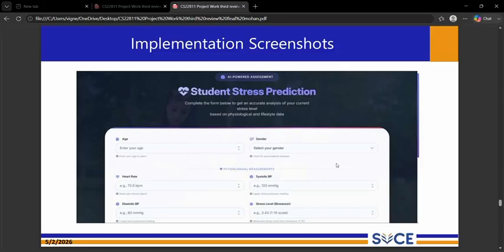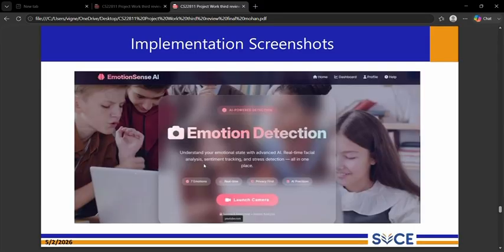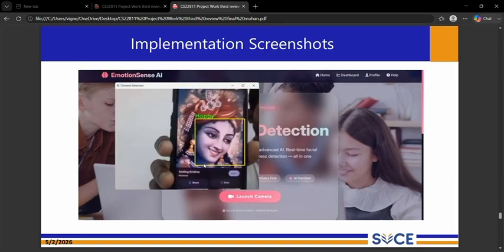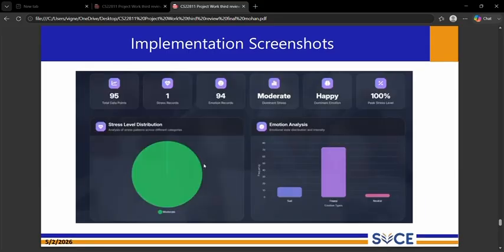It will require some behavioral data about yourself. After launching the camera, your face is detected, and it provides the final state, the stress levels of yourself.